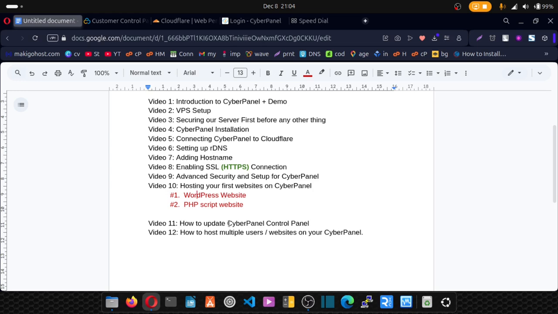From there, I will show you how to upgrade or update CyberPanel itself, because CyberPanel releases major upgrades and sometimes you have to upgrade it. Not sometimes, you have to upgrade it. So I'll show you how to run the upgrade script. From there, I'll show you how to host multiple websites or users on your CyberPanel. I'll continue adding